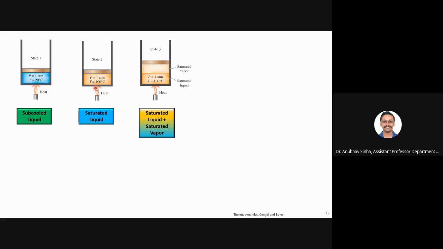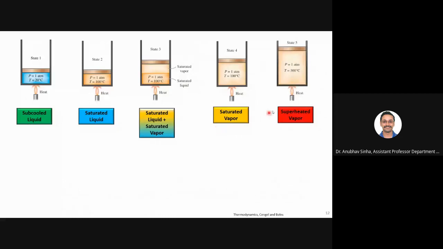Similarly for vapor. Vapor at 100 degrees Celsius is called saturated vapor. It has just become vapor, that's it. The temperature is not increased. Now if you add more heat, it will become superheated vapor. Let us say at 1 atmosphere I have 300 degrees Celsius. The normal boiling point is 100 degrees. Once it comes to 100 degrees, it becomes vapor, right? Now if you have vapor and heat it further to, say, 200 or 300 or even 101 degrees Celsius, this will be superheated vapor. Is it clear to everyone?